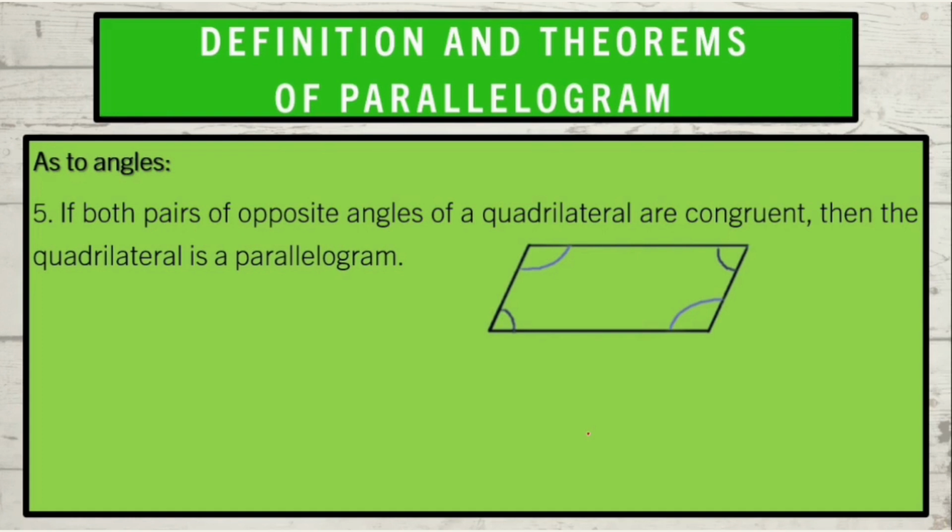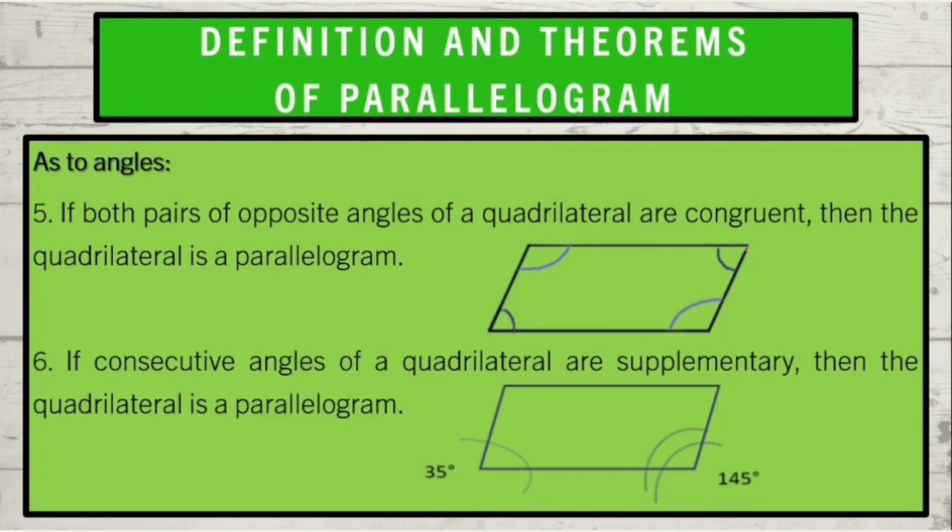It is not only the sides of a parallelogram that are congruent, but also the angles. The congruent angles are this one, this, and this. They are opposite to each other. And the other one is this, the darker blue, and this one. They are also congruent. The second condition in terms of angles is, if consecutive angles of a quadrilateral are supplementary,